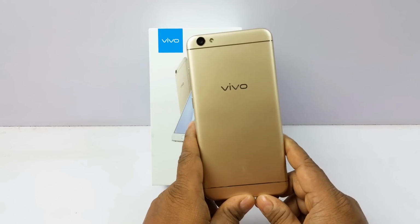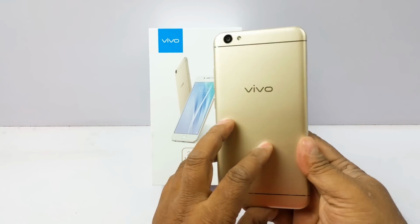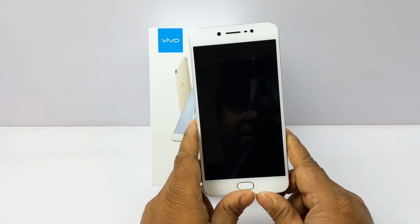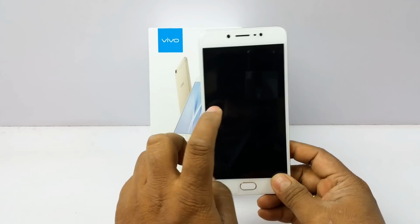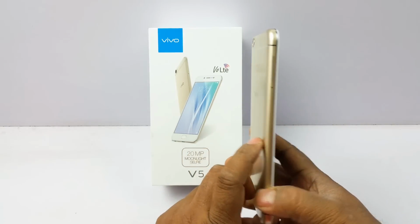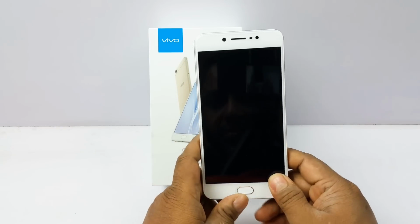The Oppo F1s is also priced similarly, a few thousand here and there. Now compared to the Oppo F1s, well, we could not review the F1s, so I cannot exactly compare head on, but when I saw the samples of the selfie camera, I think this selfie camera is slightly better, and definitely the flash quality is more pleasing on the Vivo one. But I cannot really compare the rear cameras on both the phones. So overall, yeah, it's a really good buy at this price point, but at this price point it also has